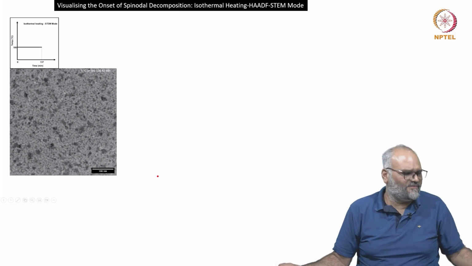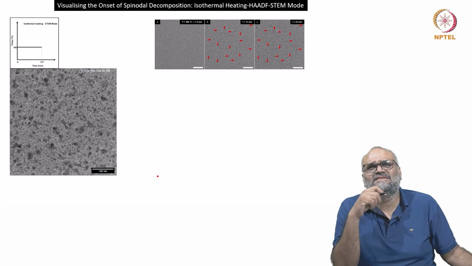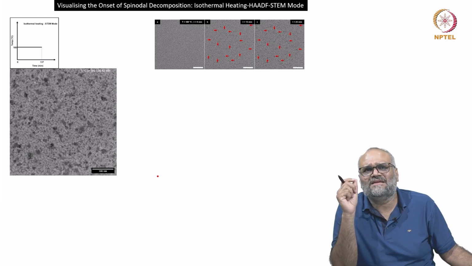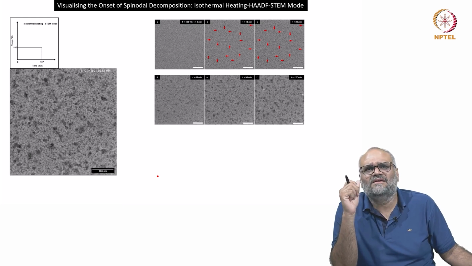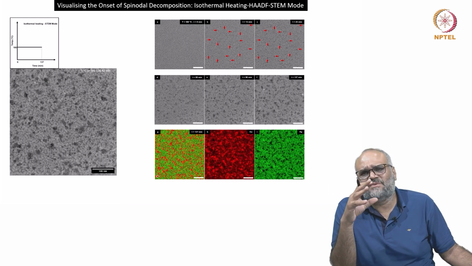And if I look at the snapshots from this movie, around 13 minutes there is already some phase separation which starts, and around 23 minutes these domains appear slightly larger,